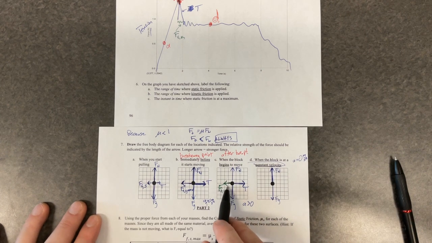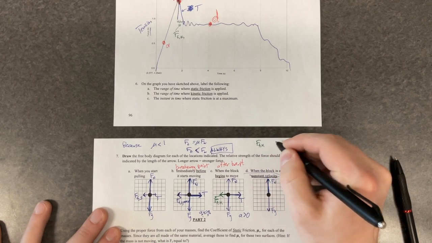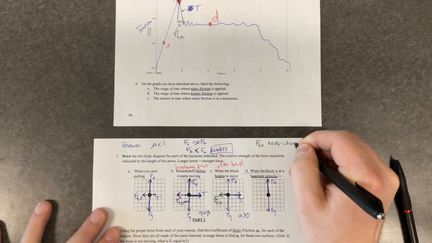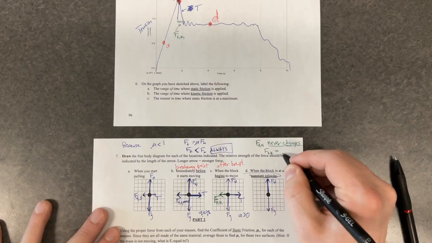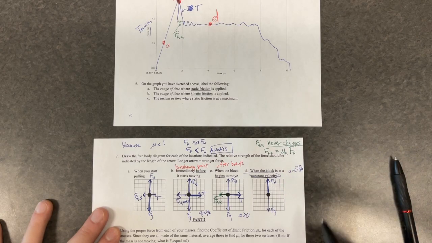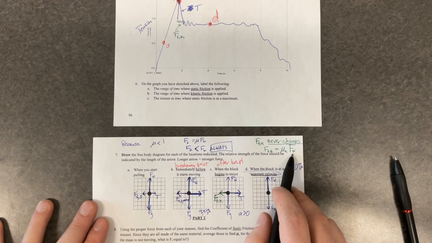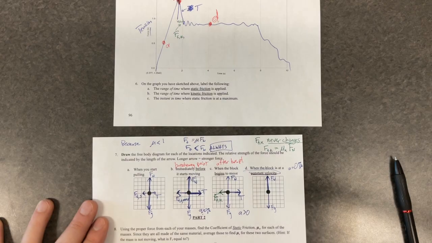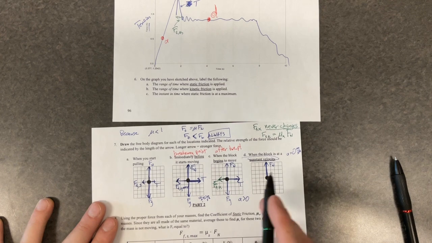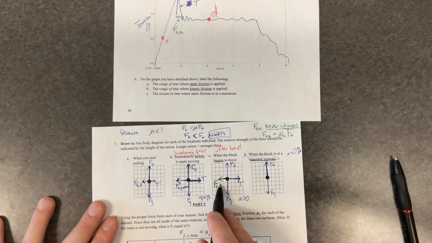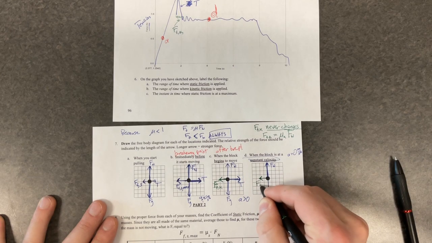Our kinetic friction never changes. This is another big takeaway: force of friction, kinetic, never changes. When we look at the equation for it, kinetic friction equals mu k times Fn. Mu k is defined by the surfaces, so if the surfaces don't change, then mu doesn't change. And normal force doesn't change ever, because our gravitational force doesn't change. So our force of friction cannot change once we're in kinetic. Since I committed to 2 boxes here for our kinetic force of friction,